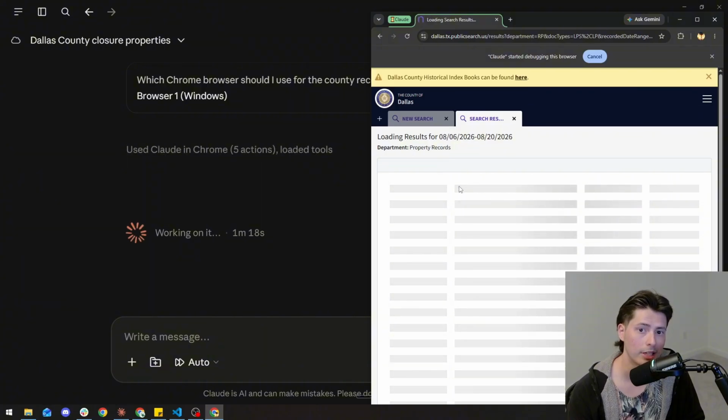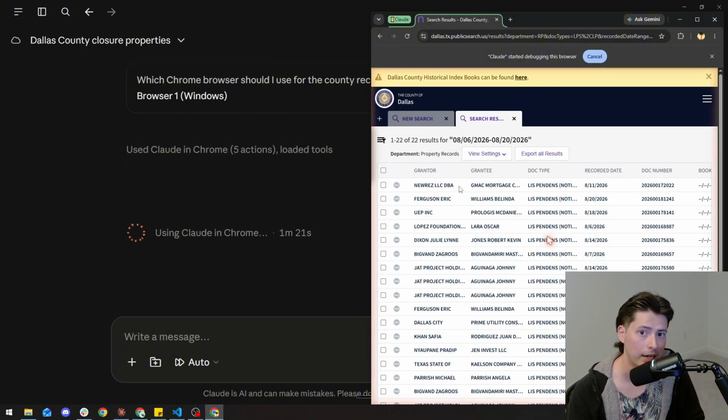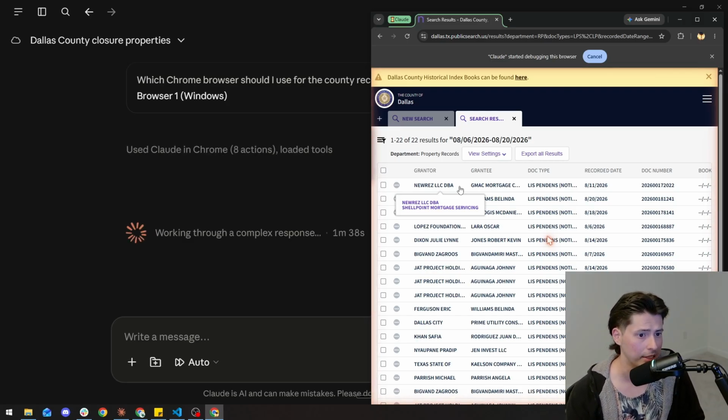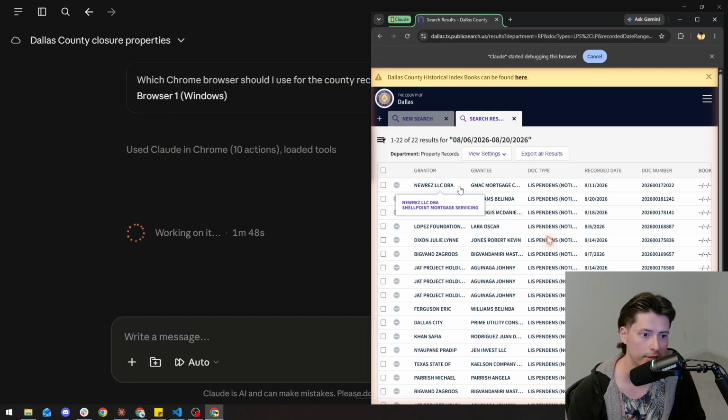data. Now, most of the counties have been optimized with this skill. So I've gone through and looked at most of the county providers and the systems they use and distilled it into a skill so that our agent can work more effectively while searching county websites. So here it's pulling up a long list of properties that are in between the 6th of this month to the 20th of this month. And it is looking up all the people that are under foreclosure, and then it's going to do tax liens